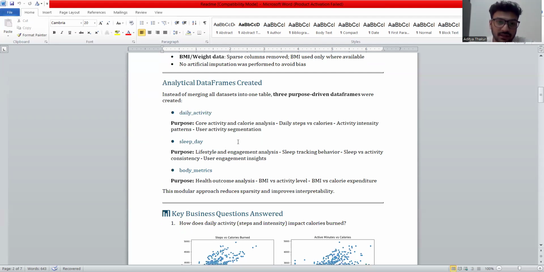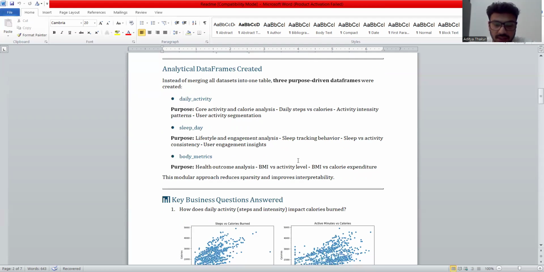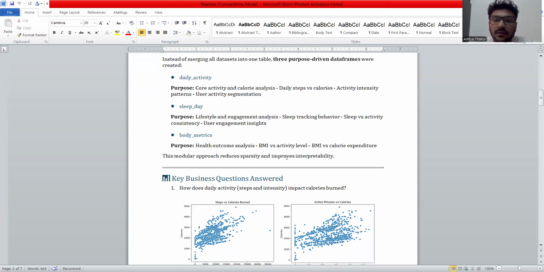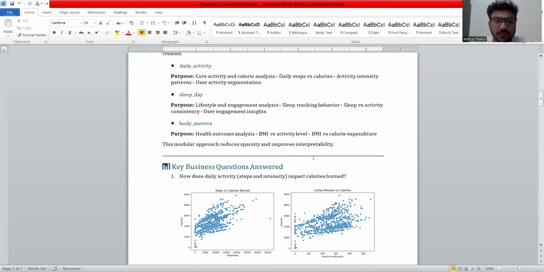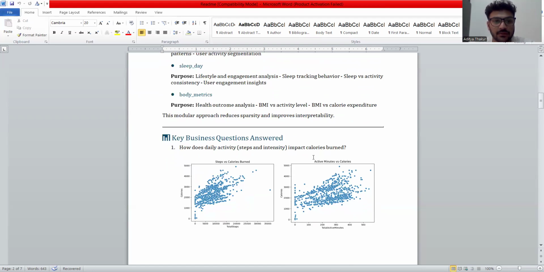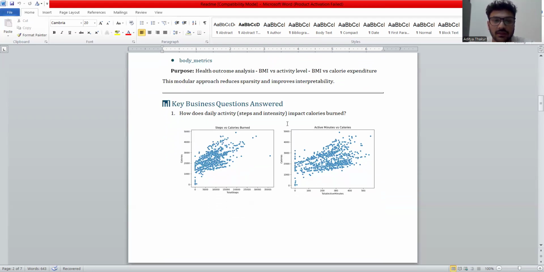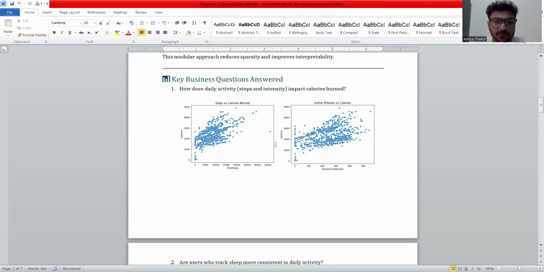Second is sleep day, which contains lifestyle and engagement analysis: sleep tracking behavior, sleep versus activity consistency, and user engagement insight. Third is body metrics, which contains health outcome analysis: BMI versus activity level, BMI versus calorie expenditure. This modular approach reduces sparsity and improves interpretability. So we will be using these datasets. Now, in the Python file itself, we have performed a few